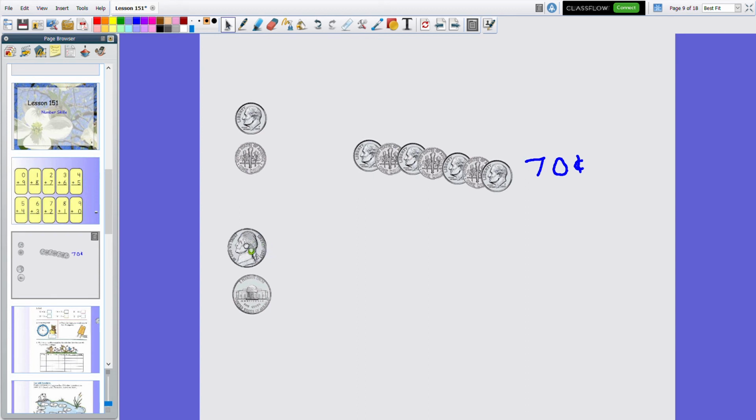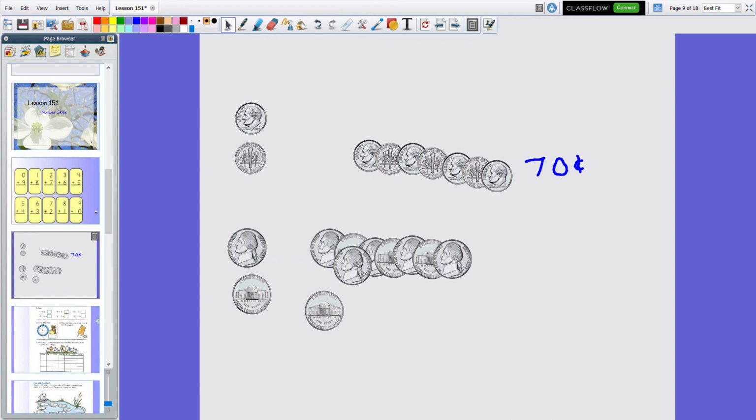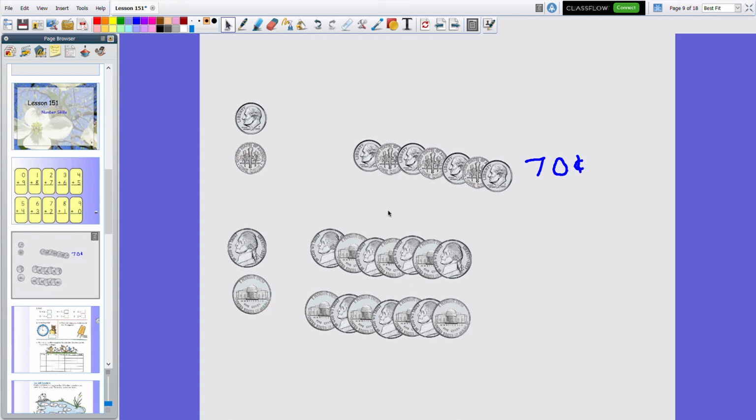Let's see how many it takes. 5, 10, 15, 20, 25, 30, 35, 40, 45, 50, 55, 60, 65, 70. Wow, we have a lot more nickels than we do dimes, but this one still adds up to 70